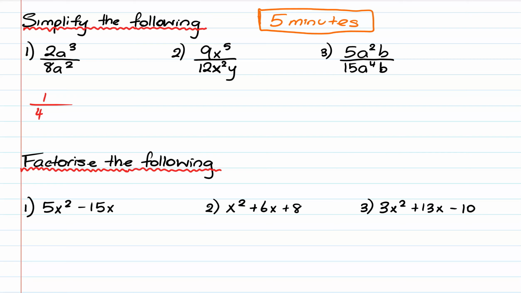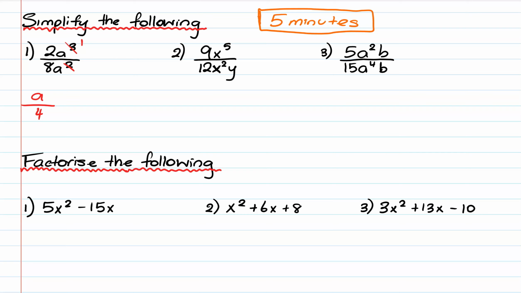Now we've got a cubed over a squared. Now obviously a cubed is bigger than a squared. If we cancel out the 2 and take, well, we went 3 minus 2, we're just left with 1. So that means we're left with an a up top. So we've got a over 4. So you can rewrite this as a over 4 or 1a over 4, but remember we never write the 1 in front of the a, so